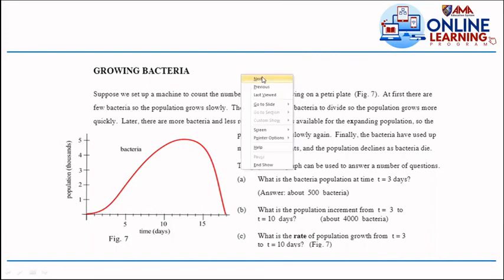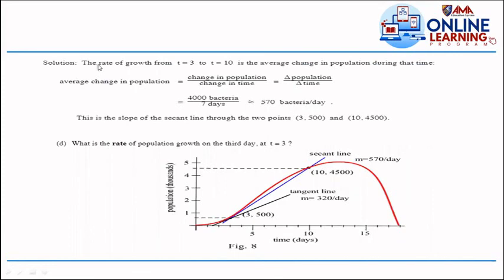Okay, sabi dito, solution. Okay? The rate of growth from t is equal to 3 to t is equal to 10 is the average change in population during that time. The average change in population is equal to the change in population all over change in time, is equal to delta population all over delta time. So yung change population niya for a period of 7 days, we have 4,000. Gaano katagal? 7 days. So yung rate ng pagdami ng bacteria from 3rd day to 10th day is 570 bacteria